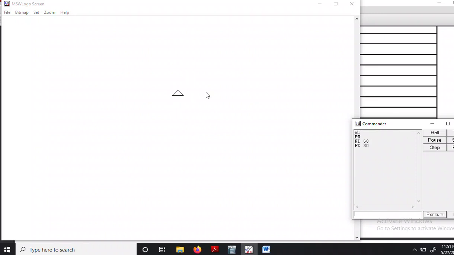So from here I want to make the T. I will do PD and then I'll turn the turtle RT90 and I want to draw now like FD 100. So this will be the first line. Now I will take BK 50. It will come in the center and I will just do RT90 to turn it towards the right side. Then FD 100, LT90, FD 50 and BK 100. That makes the I.